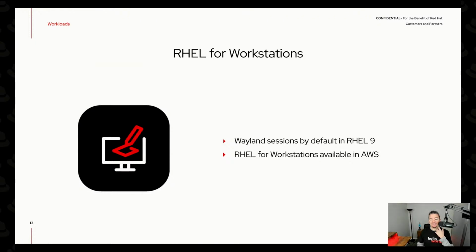So a couple of notes here. Wayland sessions will be enabled by default. The Xorg server, the server itself, not the protocol, is deprecated in RHEL 9, and we'll talk about the definition of deprecated a little bit later on. But Wayland sessions by default. And then also, we've got an offering out on AWS for RHEL 8